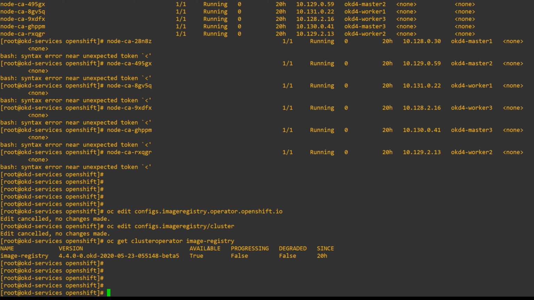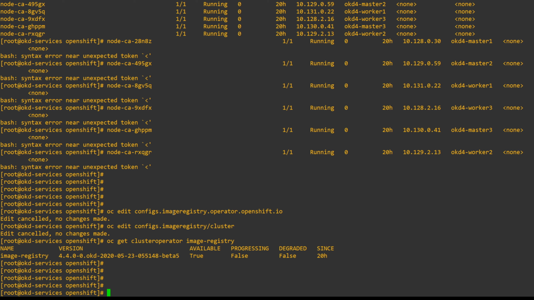If for some reason you developed your application in GitHub and then you built it and pushed it to Docker Hub or Quay or Artifactory or any of your image registries, and you are pulling your application from those registries, then what I just said is not applicable. But in case you are building your application directly from the source code from GitHub, then you need to do all these things. So now it's time to log in to the Cube